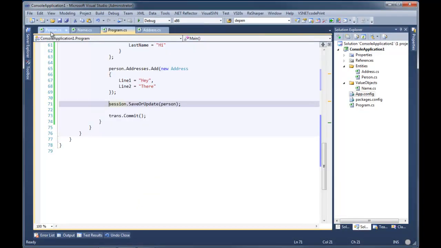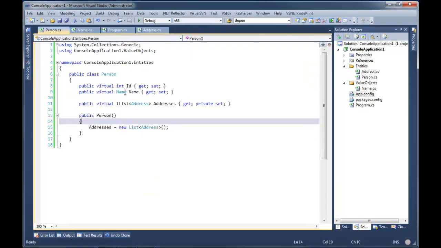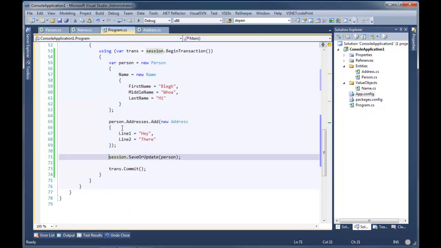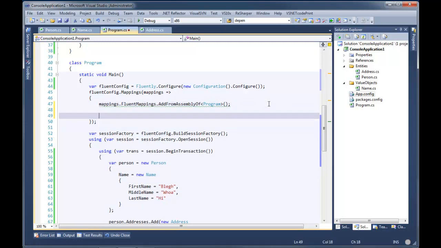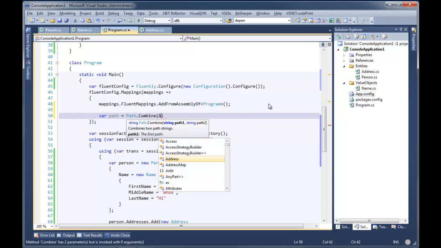And another quick thing that we need to know how to do with Fluent is how do we export the mappings so that we can look at them as they are, so that we can make sure that Fluent isn't doing anything dumb. We want to look at the mappings that it's been generating for us. And doing that's really straightforward. I'm going to go ahead and create a path variable where I'm going to stick the folder of where I'm dumping. Going to dump the mappings, and that's going to be at